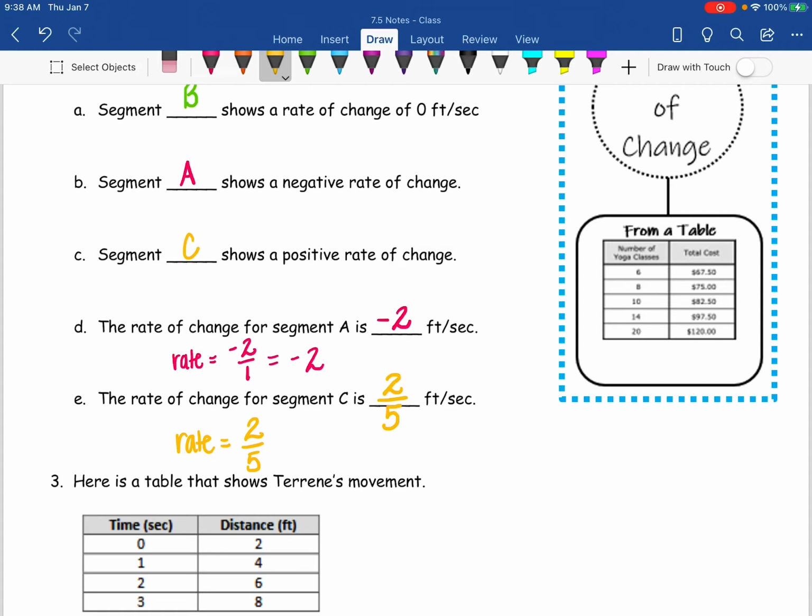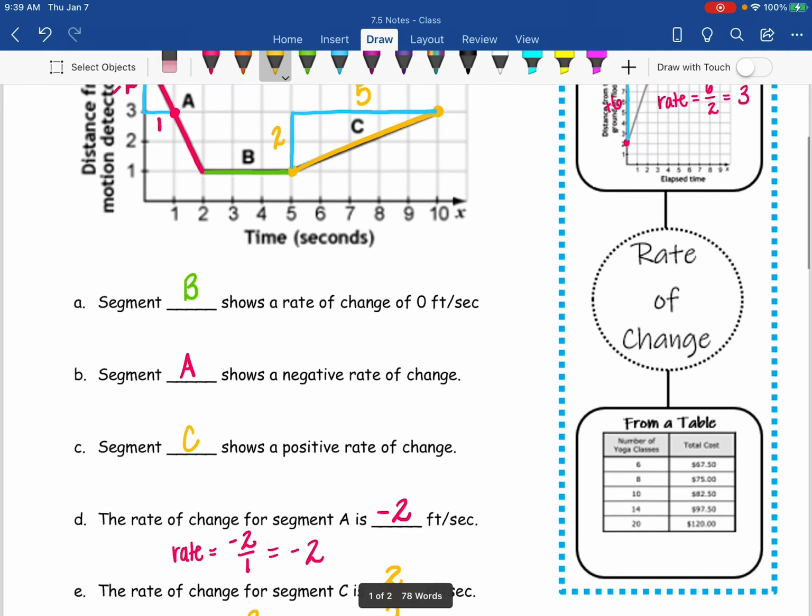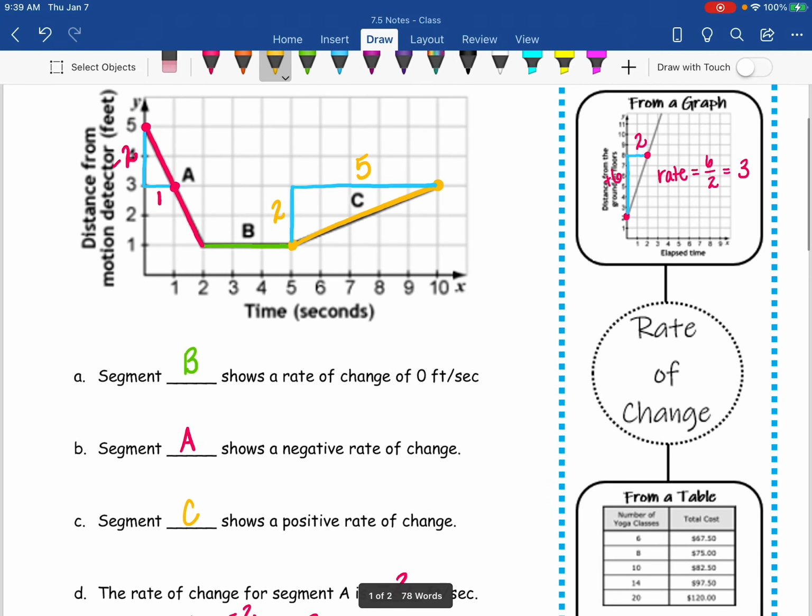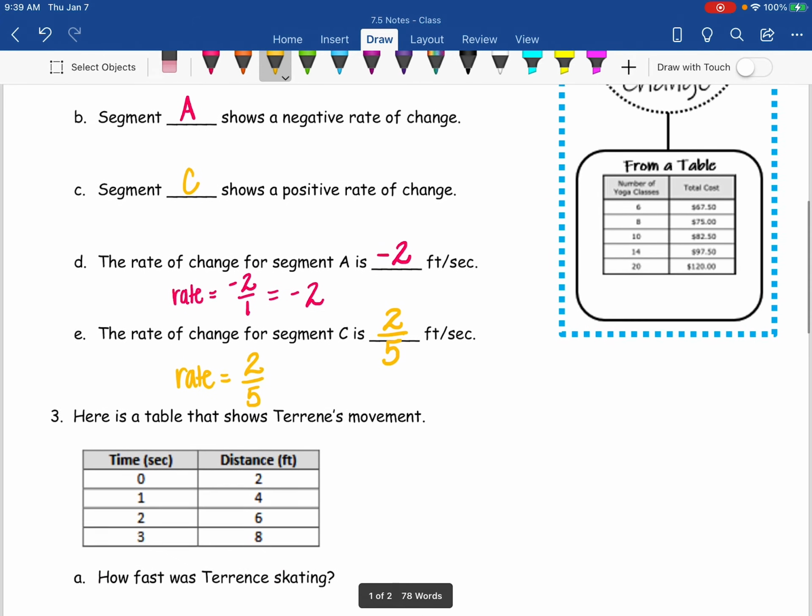Okay. And you're going to want to leave your slope in fraction form. Trust me, when we get into more graphing next semester, you're going to want to see a fraction instead of a decimal. It just makes life easier. Okay. So that is all of the problems in the lesson where we're looking at a graph to find rate. So we have one where we're going to review finding it from a table. So I'm going to go back up to my vocab, and I am going to